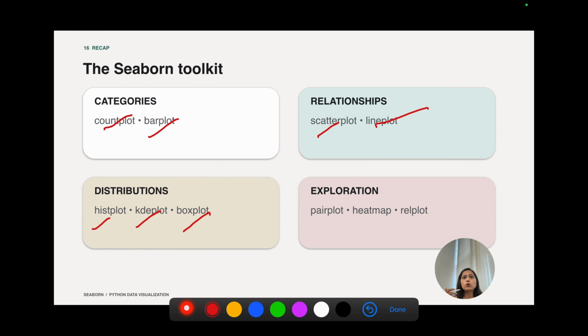The important thing to remember is that visualization isn't about creating the most beautiful chart. It's about making the data easier to understand. And when you combine pandas for data manipulation with Seaborn for visualization, you have a very powerful foundation for EDA in Python. In the next tutorials, we'll build on this foundation and start working with more realistic data sets and complete our data analysis workflow.